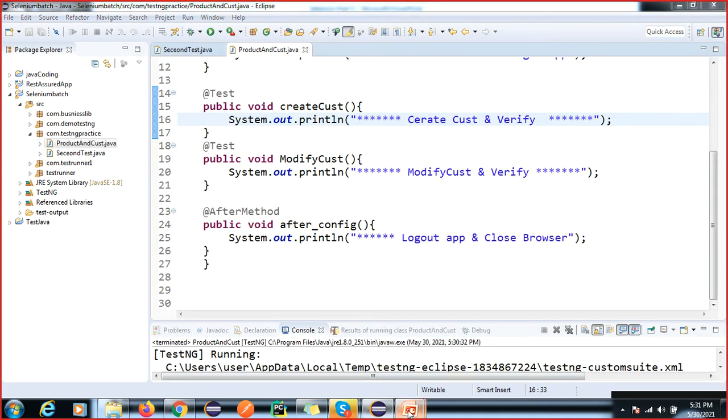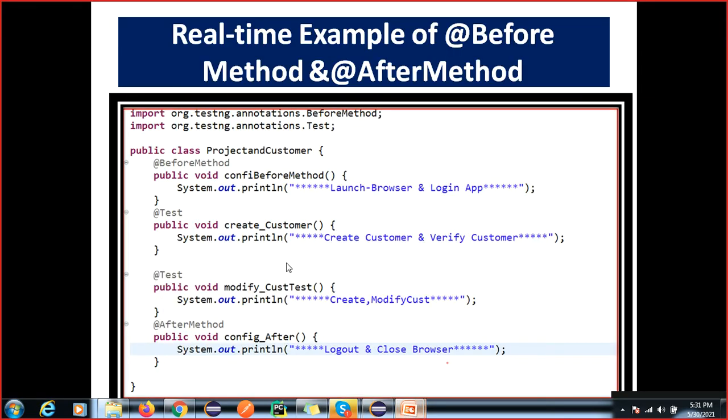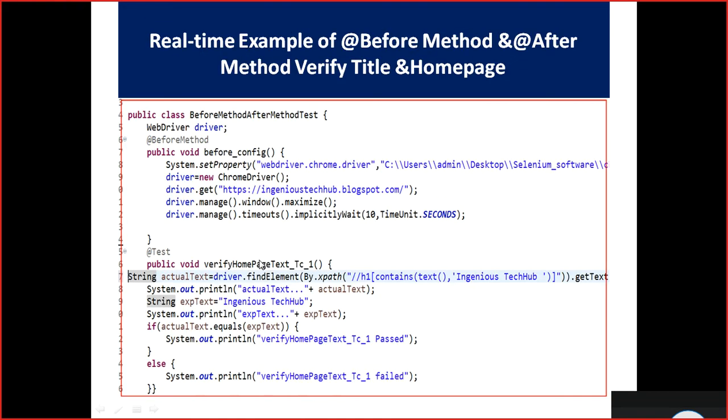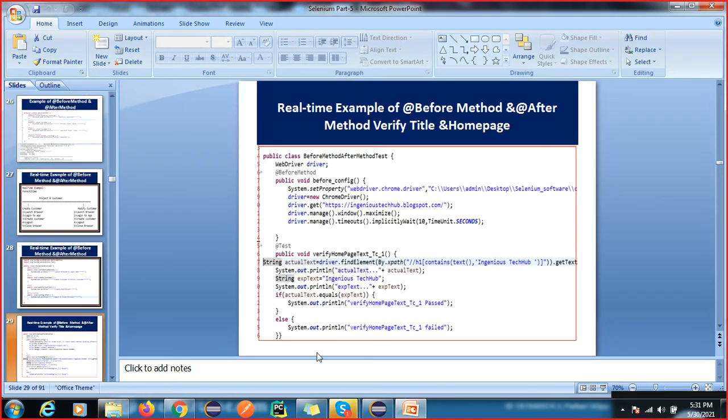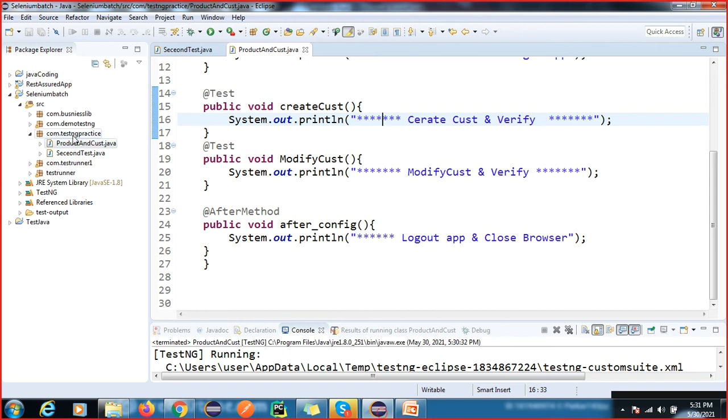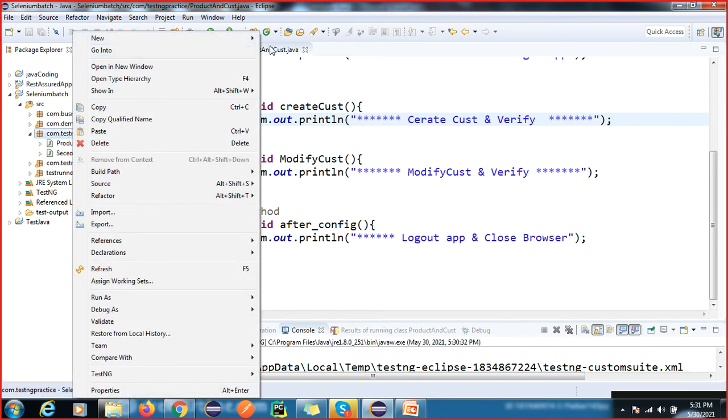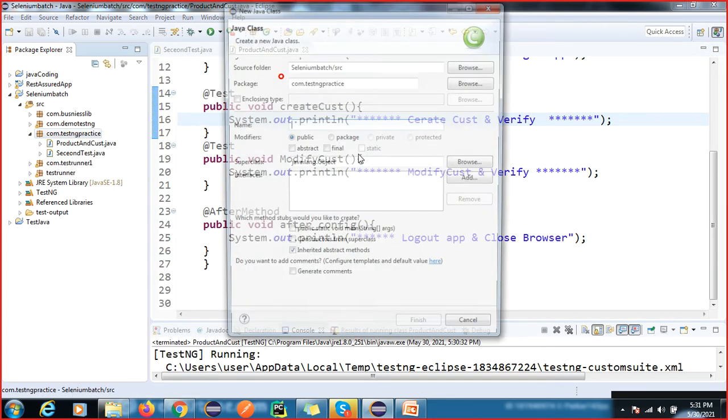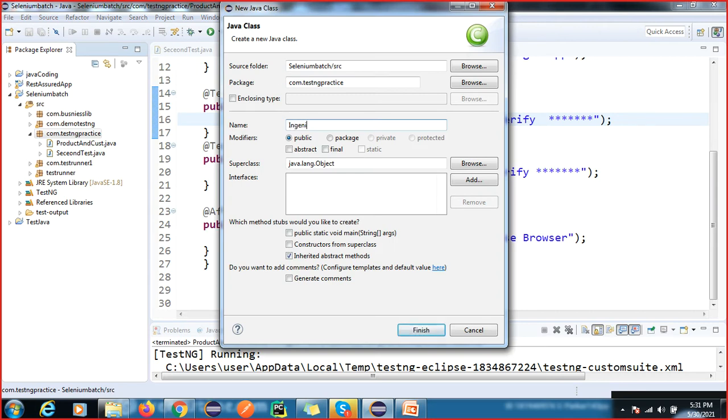So I will implement real code now, whatever the dummy code we have done. I'm going to verify the Engineers Tech Hub app.